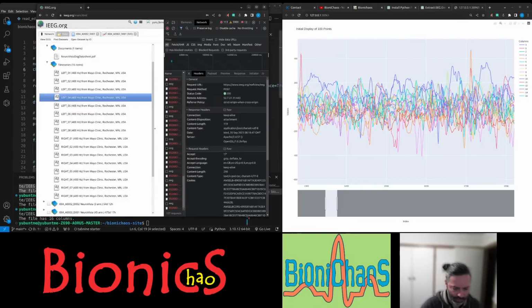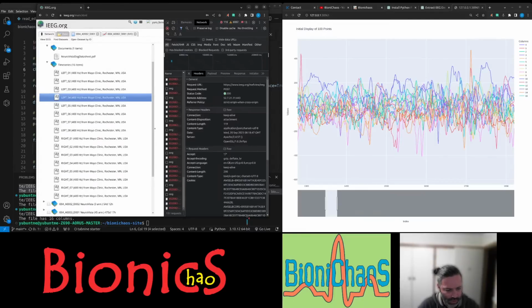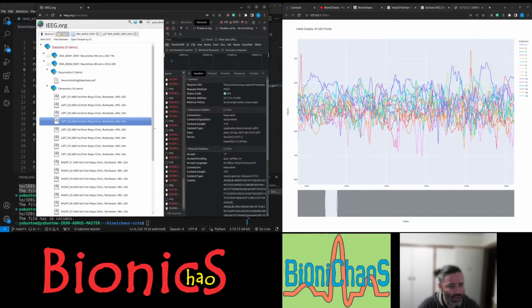I don't have a description for this, the PDF that doesn't work. Pretty sure I had it saved somewhere, but I don't actually need it. It's pretty straightforward. The other thing that isn't straightforward is that this file has annotations, supposedly for when seizures occur, and that's what we need for training. I need those annotations. I don't have them displayed. I don't think I even have them in the file.